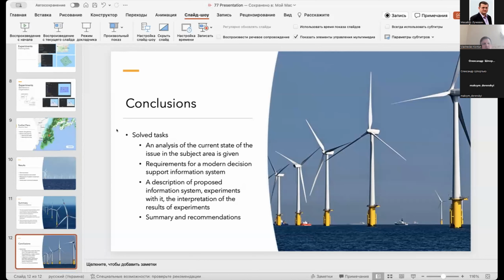Okay, so maybe I ask you a few questions. Tell us, please, what about the data security? You work with the data that describe the industrial objects, and if you don't pay attention on the data security and you control something, you may have problems. So what about this option?